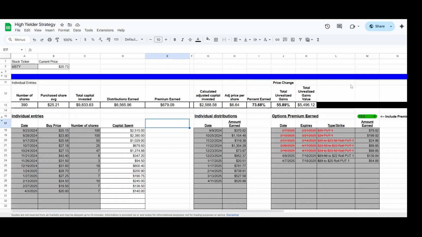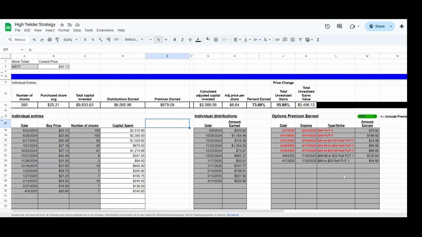And if you're new to the channel, I just wanted to show this is the sheet that I use to track my MSTY plays. It shows where I have 390 shares and my current purchase price, in other words, the amount of money that I spent per share to buy those shares at, $25.21, which gives me a total invested capital of $9,800. I've earned in distributions $6,500